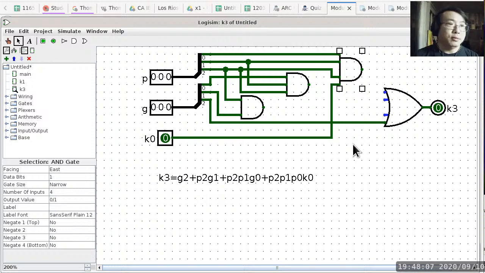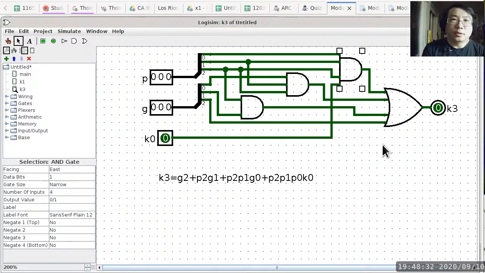All right, so now we got the 3 AND gate. So we just need to hook up the output of the AND gates to the input of the OR gate in any way you want. Okay, whatever looks nice to you is fine, because OR is commutative. Okay, so now we got this circuit done,